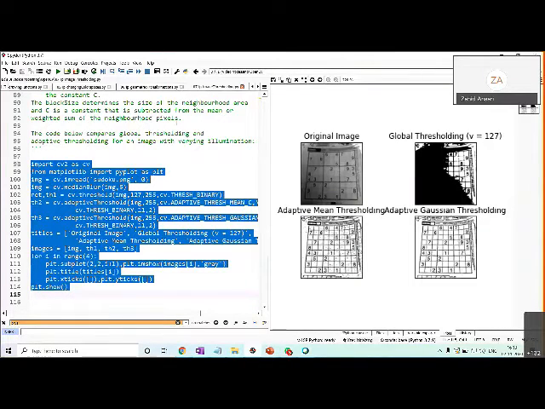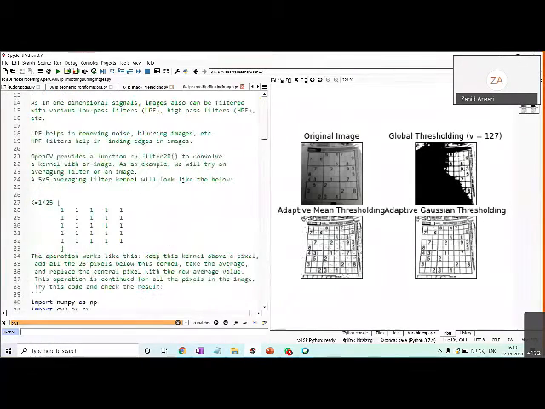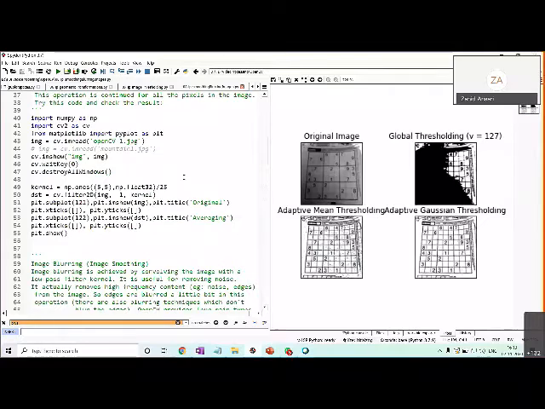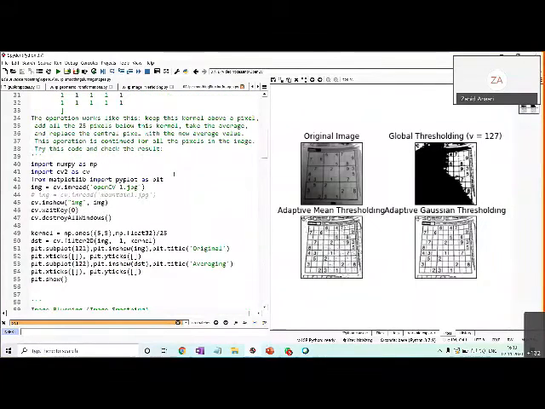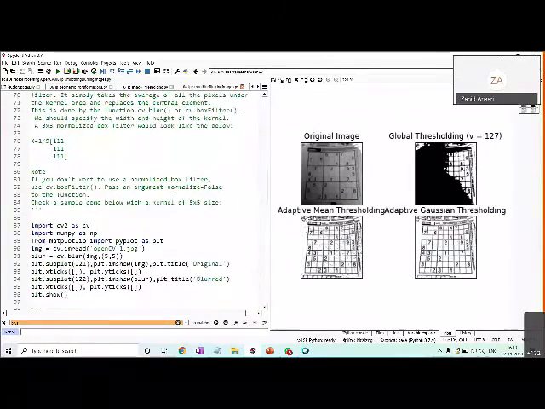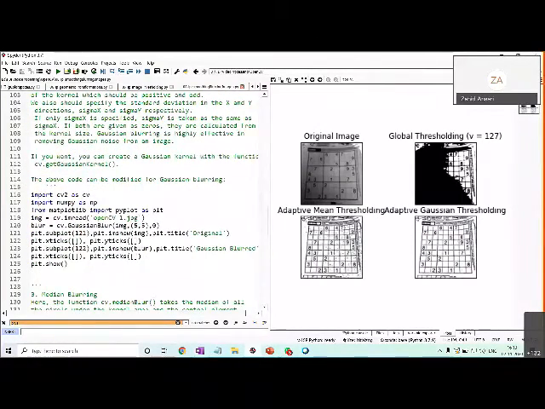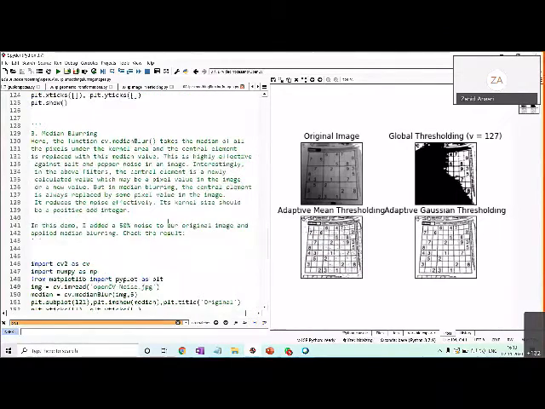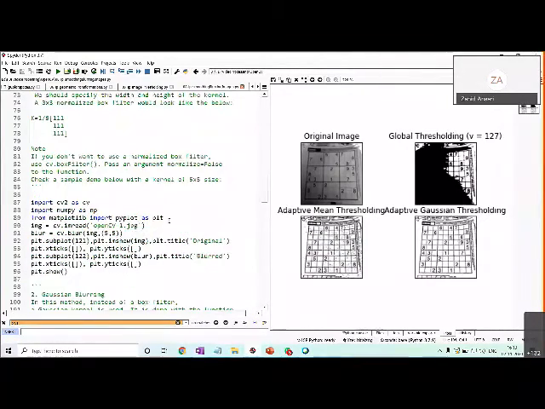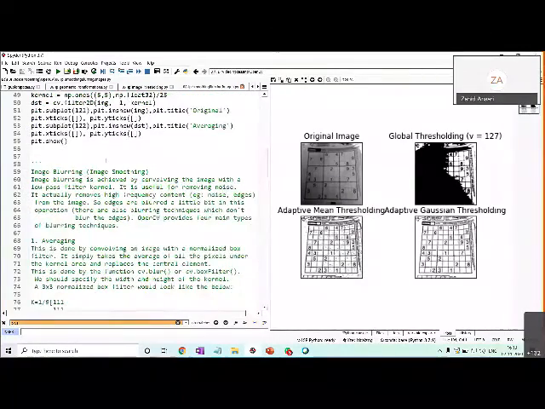Okay, so we move on from thresholding. After thresholding comes smoothing or blurring. This also I'll go through quickly. There are various methods for blurring and smoothing: averaging, Gaussian blurring, and median blurring, and separate methods exist for all of these.